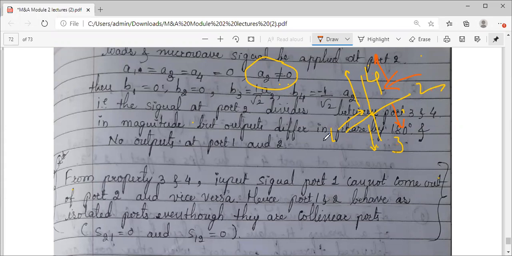The signal applied at port 1 will not come here. Similarly, when we apply from port 2, it will not come to port 1. It divides here itself. Even though, if you look at the structure, in a single waveguide we call port 1 and port 2 collinear arms, right? So what is expected, even if you take a single pipe, connect like this, here a side arm, here a side arm. This is your H side arm, this is your E side arm.